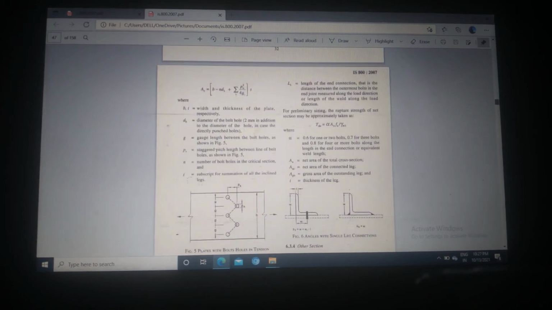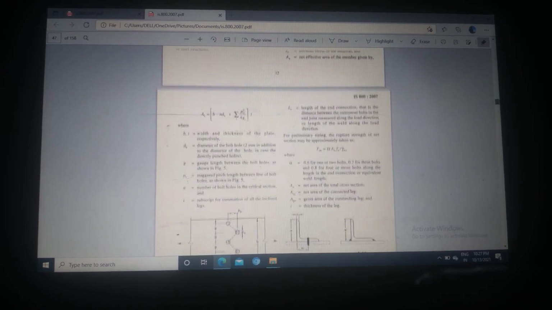The important thing is you have to find all the possibilities. You have to find all the possibilities in which failure can happen due to net rupture, or coming of ultimate stress. So how many possibilities can be there? Many possibilities can be there.